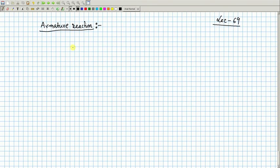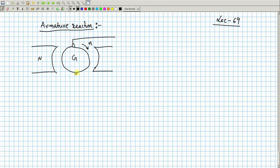So, we have been discussing armature reaction in a DC machine, and for that I took a generator mode of operation and assumed this direction of rotation, and assumed that this pole is the north pole and this side is the south pole. I am not showing the field winding. Under no load condition, when the armature is not carrying any current,